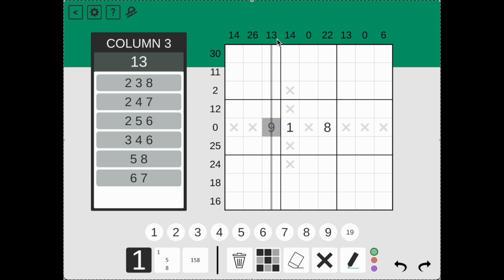In this column, the digits between the 1 and the 9 add up to 13. That can be done with 2 or 3